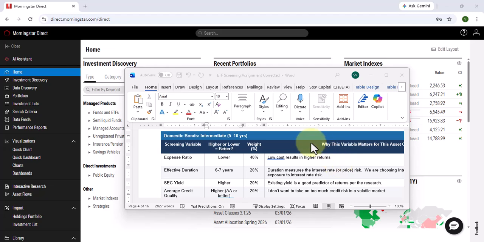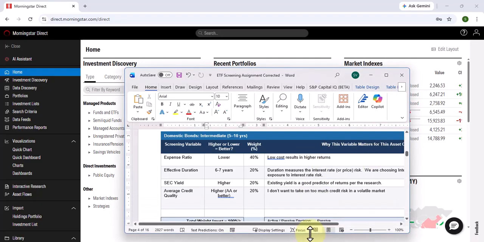Hello everyone. In this video I'm going to demonstrate how to use Morningstar Direct and the new experience in that to screen for investments, and specifically I'm going to be screening for intermediate core bonds, ETFs that invest in those. And so what I've got here is my screening tool I've put together